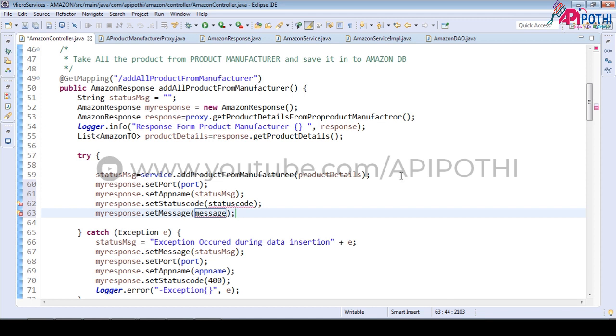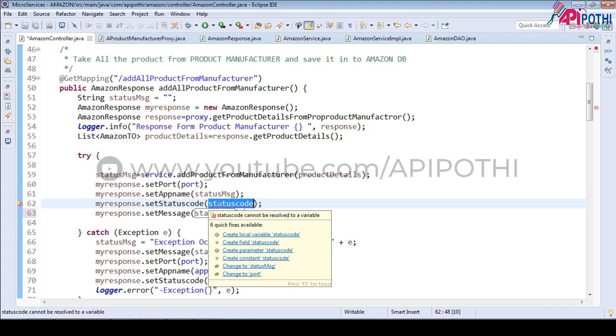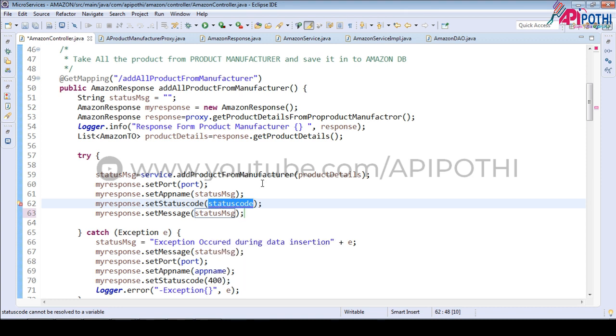We are not interested in returning the data that we already saved. We are just going to say that data saved successfully. Now the status message will be this one. The status code, by default we can say 200,